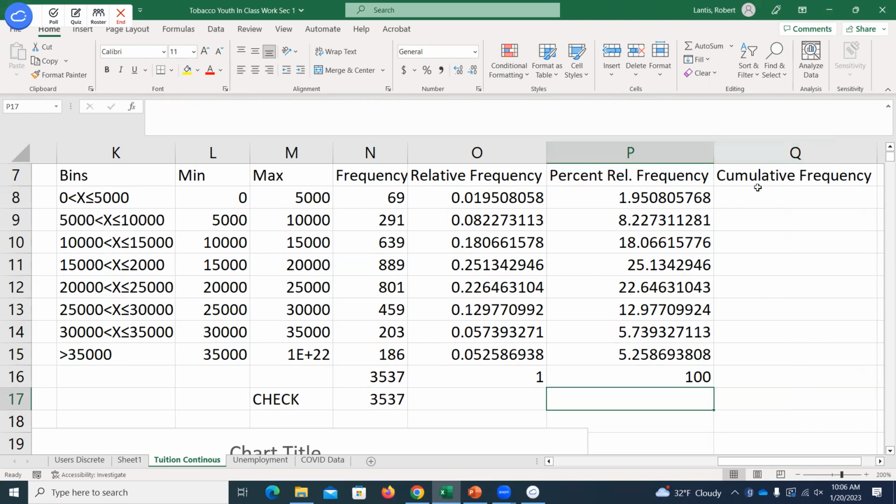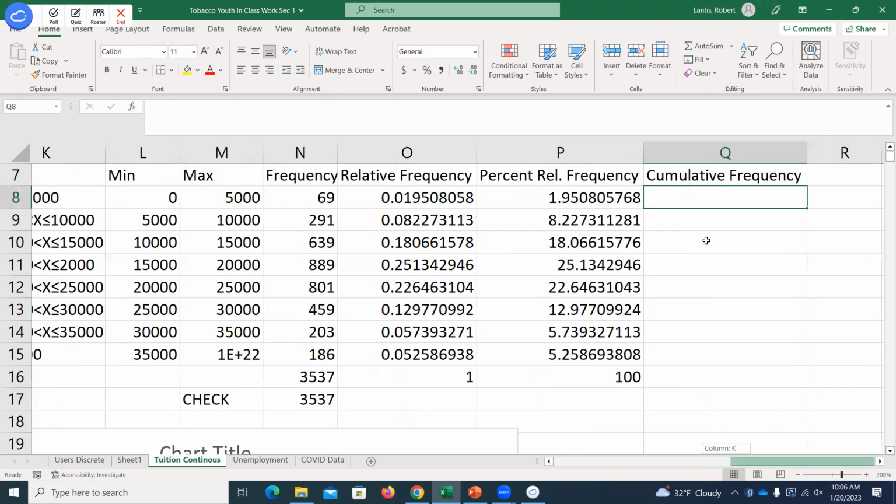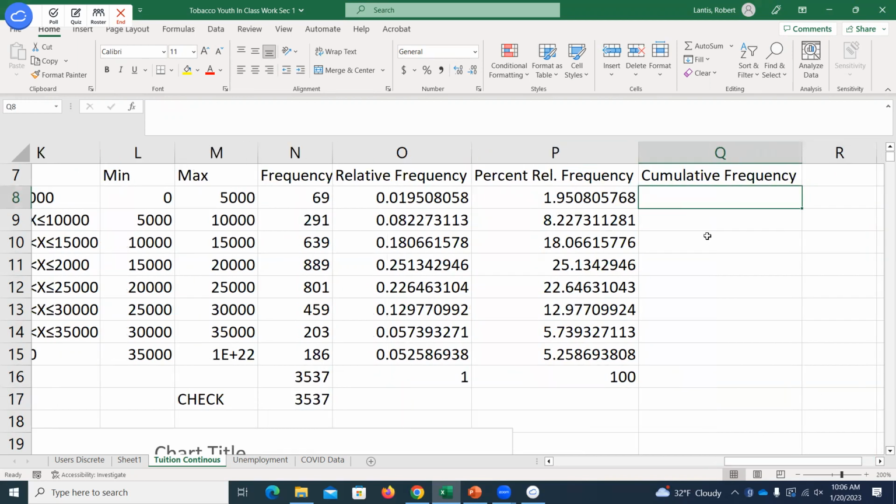So here is a new idea that we haven't really talked about yet, and I'll use something that I think all of you have some idea about to introduce it. If we want to come up with cumulative frequencies, it's just like your GPA. You have your GPA this semester, but you also have a cumulative GPA, which takes into consideration this semester all the way back to when you came to college. So this idea of cumulative is saying, from this bin, count the number of observations in this bin, plus every other bin below it.